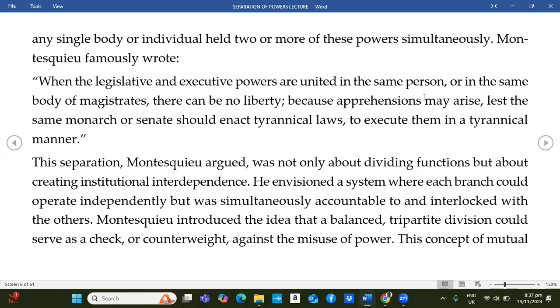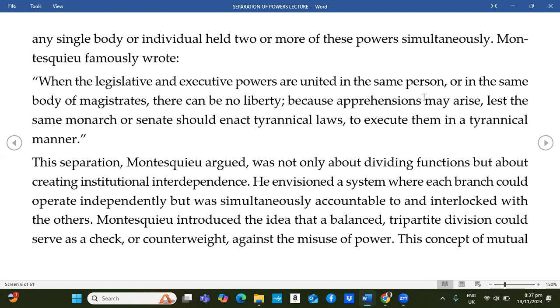So Montesquieu argued that the separation he had advocated was not only about dividing functions, that is, having a separate lawmaking function, a law enforcement function, a law implementation function, as it were. But he was concerned about creating institutional interdependence. So Montesquieu envisioned a system where each branch of government could operate independently, but was simultaneously accountable to and interlocked